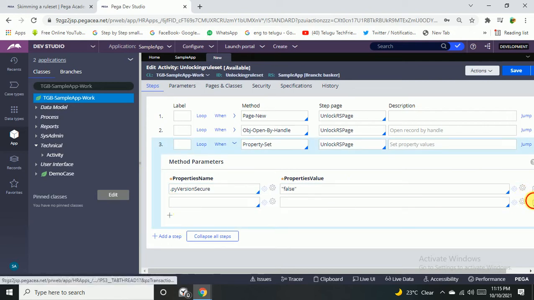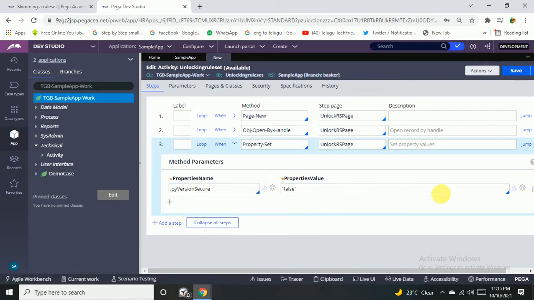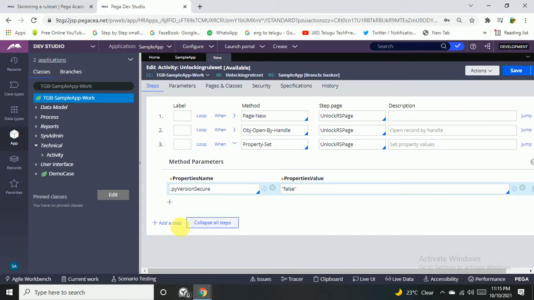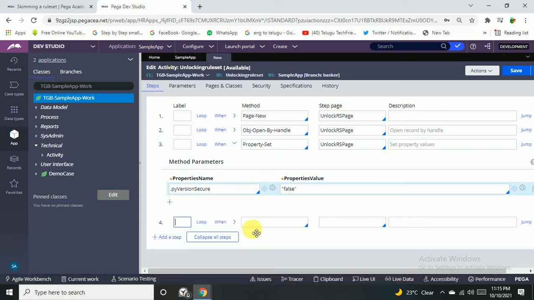So now you have taken one column name, which is py version secure, and false. Now the next step is to just save it. What is for save? obj save, that's it. So let's pass obj save,